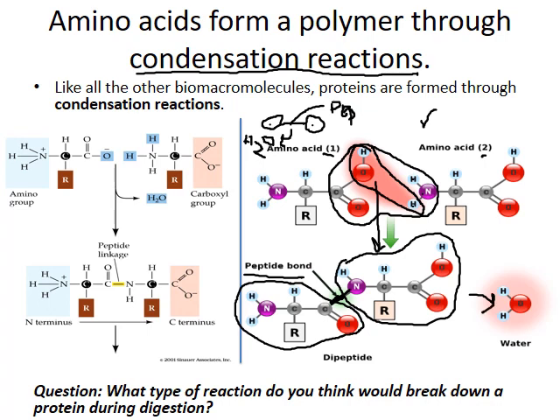So we would call this a dipeptide because it's 2 amino acids joined together. A polypeptide would be more than 2 amino acids joined together. So condensation reaction. Question down the bottom here, what type of reaction do you think would break down a protein